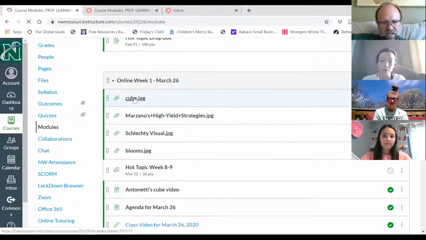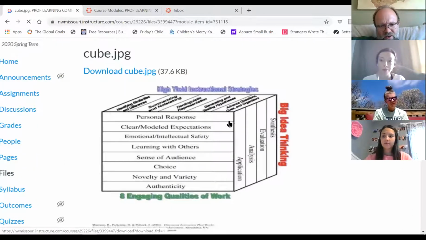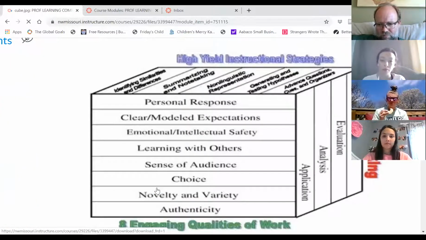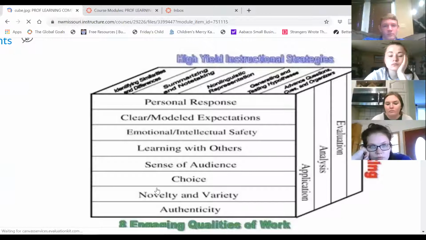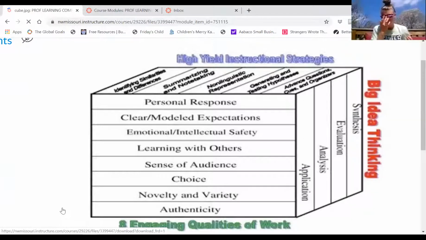And this is going to be kind of clumsy because I'm going to show you a lesson plan, and the lesson plan is on a Word document. But the cube is obviously in our course website. So I'm going to have to do a stop share and start sharing. So I'm going to share stuff back and forth, and I apologize for that, but that's the way we're going to do it. So this again is the cube.